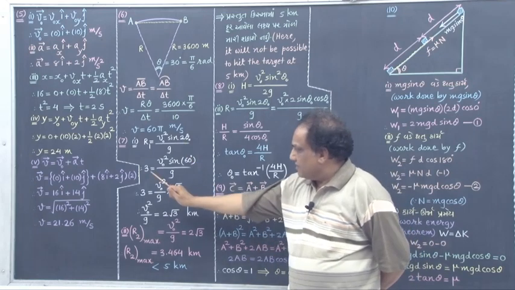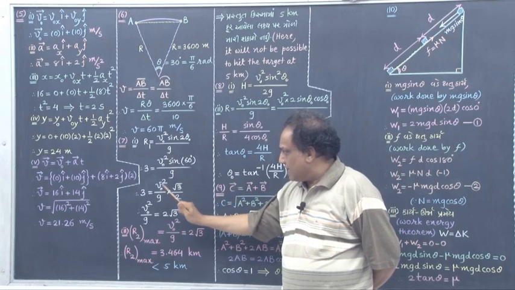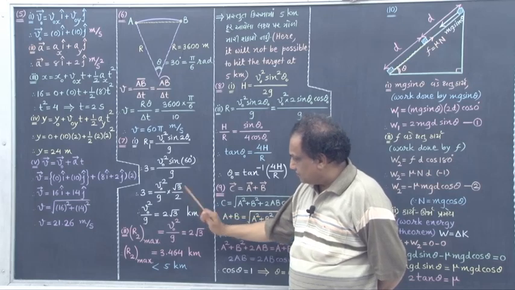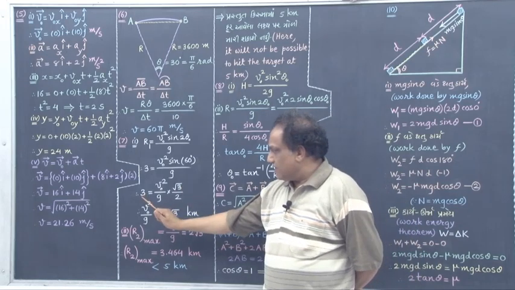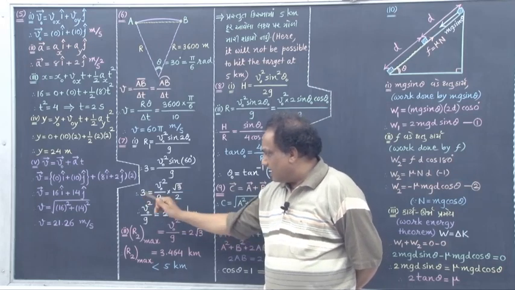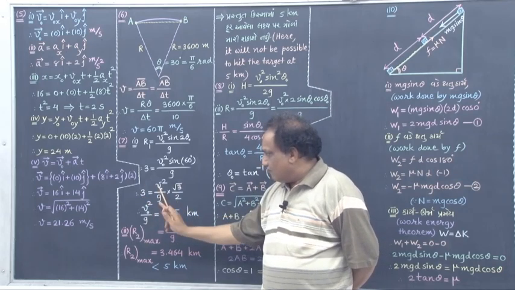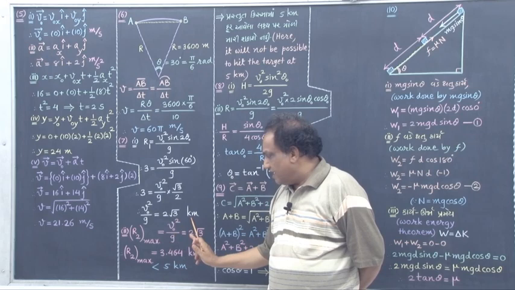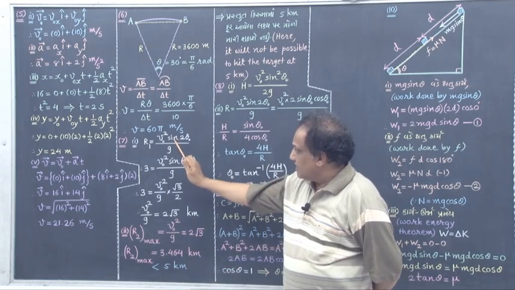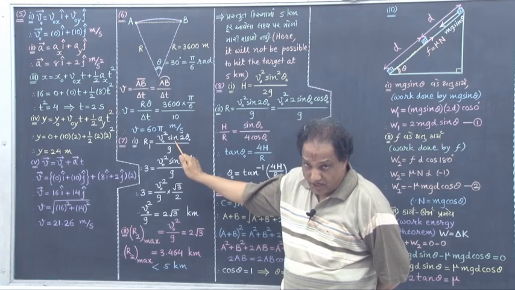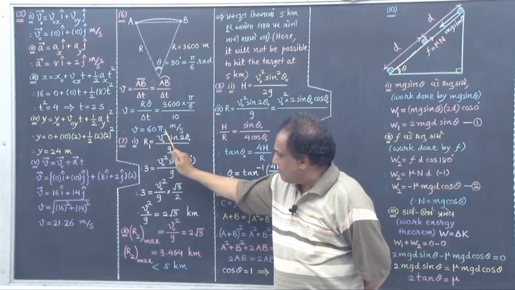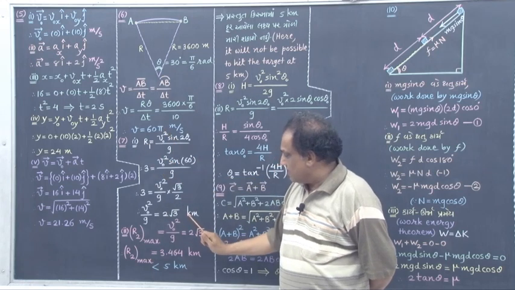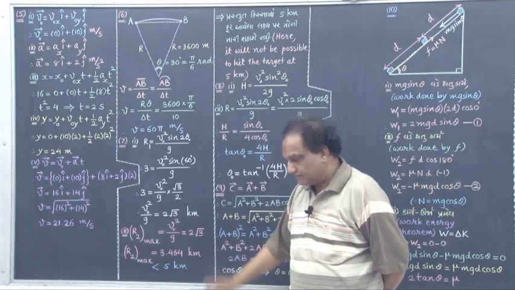Now simplify: this 3 as it is, V0 square upon g as it is, sine 60 degree is root 3 by 2, correct. Now simplify, this you can write as root 3 into root 3, one root 3 gets cancelled, this 2 you can transfer, and V0 square upon g will come out to be 2 into root 3 kilometer, because the sine function has no unit. So whatever is the unit of R, the same will be the unit of V0 square upon g. Right now you have taken this value in kilometer, so I am writing the unit kilometer here also, correct.